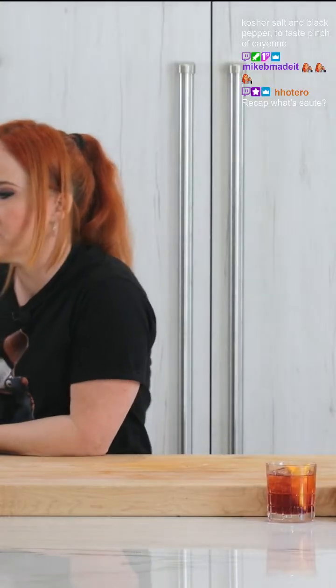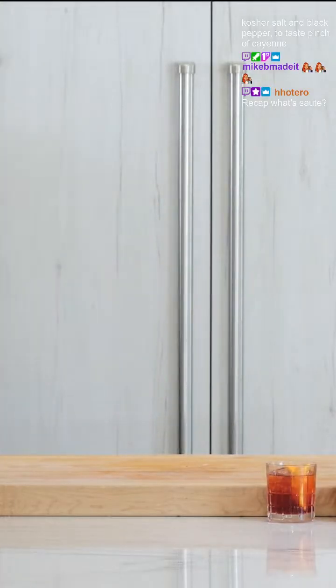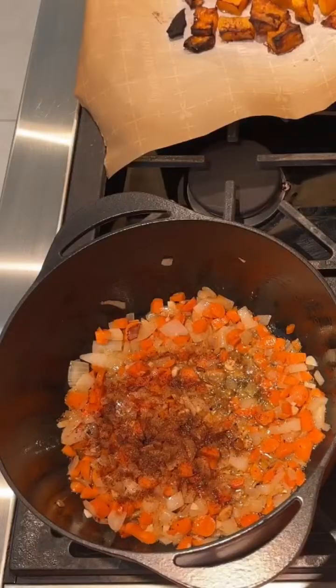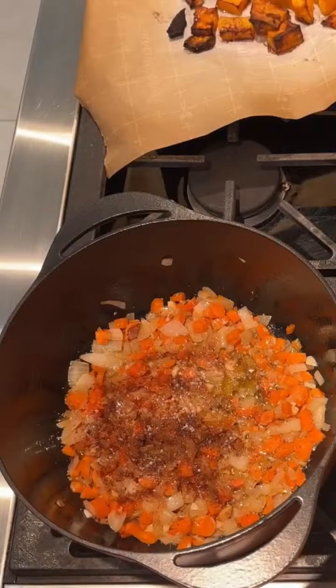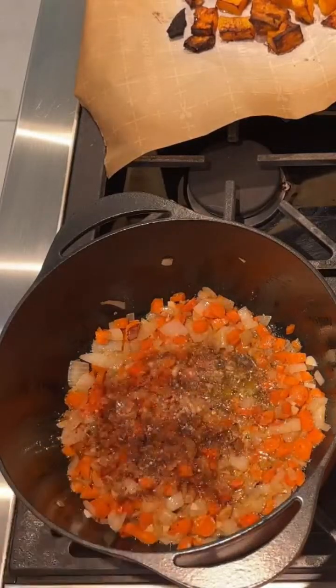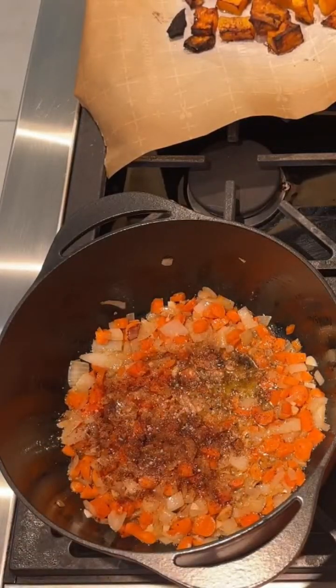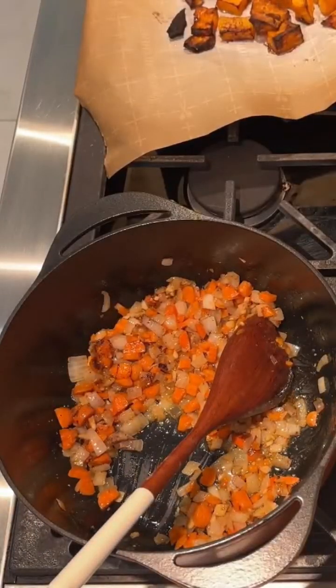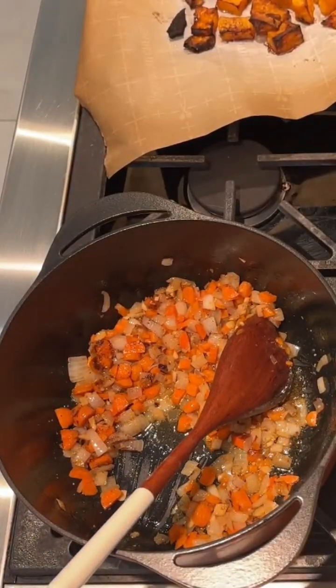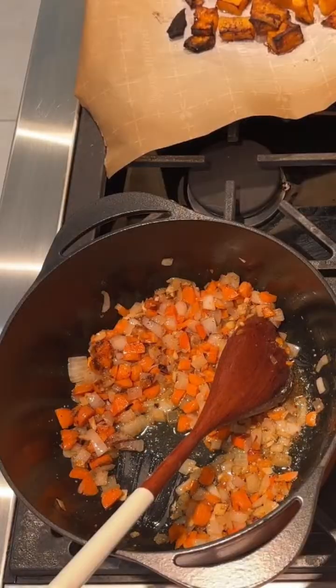Okay, so now we're going to hit it with a little bit of salt and pepper. Got kosher salt here. Okay, black pepper. Now since we had the cayenne, I don't need to add a ton of black pepper. I'm going to stir that up. Here we go. What's the saute recap? Yes. Okay, so the saute has yellow onion, it has carrots, it has garlic, and a little bit of cayenne